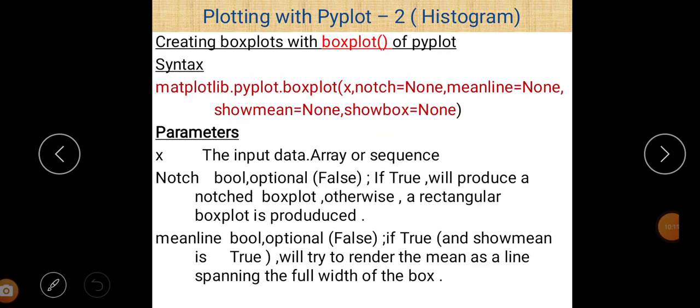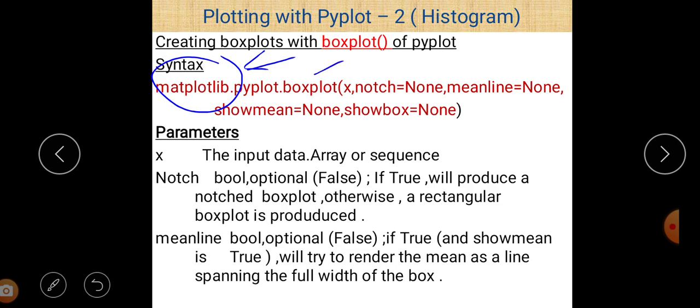Now let us talk about creation of a box plot using Python programming. First of all, let us talk about its syntax. We use the matplotlib library for that purpose. So first import the matplotlib library, which has an interface, a collection of methods, named pyplot. After the dot operator, you write pyplot, and then to create a box plot there is a method named boxplot.